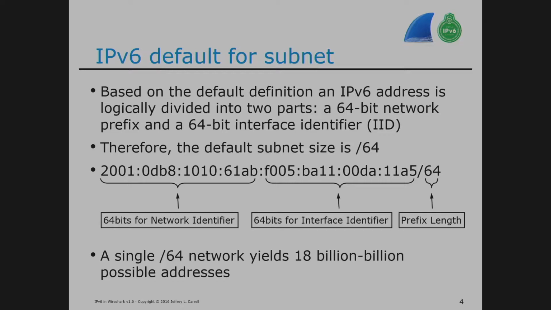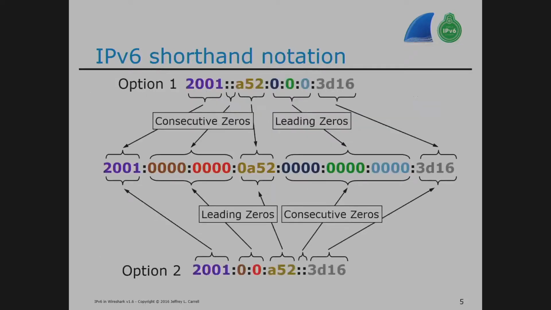But if you start thinking of it from these perspectives, even looking at the address, even using the address becomes a little bit easier. So we get all these things. The shorthand notation. This also becomes important in how you're going to see the numbers represented by different operating systems and different applications. And when I say operating systems in that kind of a term, client, server, router, firewall, any operating system, may or may not make use of the shorthand notation.